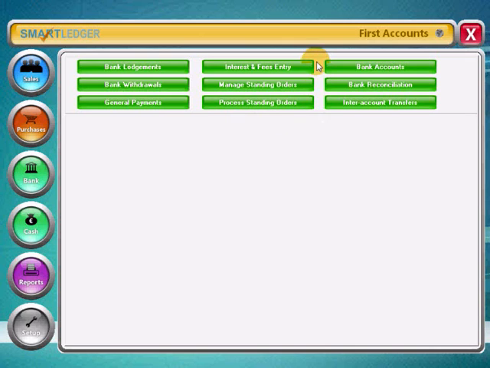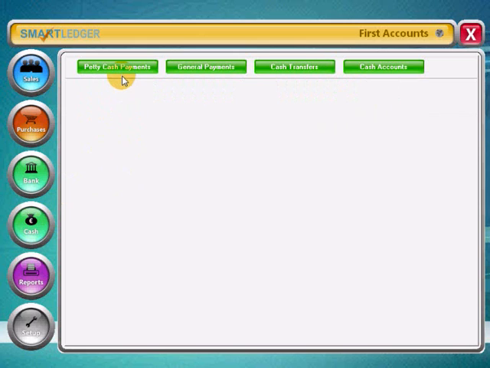You also have the ability to have multiple bank accounts in any currency you like. You can reconcile those bank accounts against your bank statements, and you can make transfers of funds between the different bank accounts. In the cash module, we've got petty cash payments, small purchases that you would make from a float